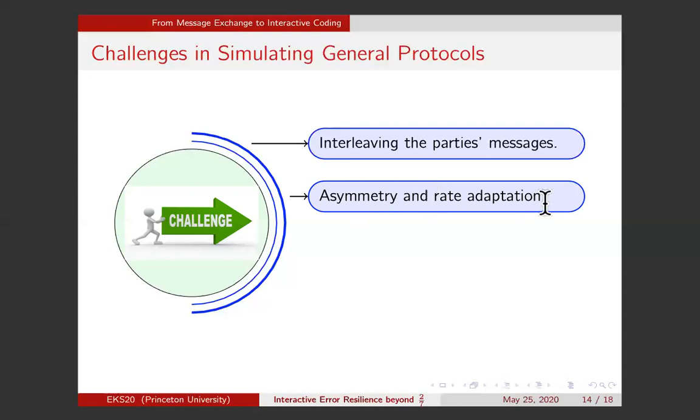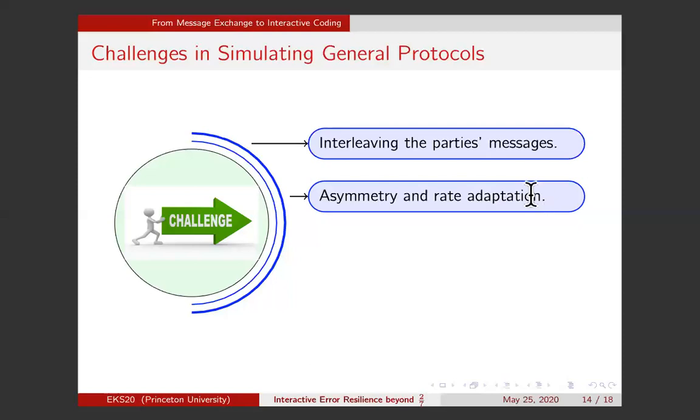In our scheme, Alice and Bob still take turns speaking, but when it's their turn to speak, they send a different number of messages to each other. For example, in the beginning of the protocol, Alice will be speaking more than Bob. In this case, when it's Alice's turn to speak, she will send 4 messages to Bob, let's say, and when it's Bob's turn to speak, he will only send 3 messages to Alice. This will be flipped later in the protocol when Bob is sending feedback to Alice. Here, when it's Bob's turn to speak, he will send 2 messages to Alice, whereas when it's Alice's turn to speak, she will only send 1 message.